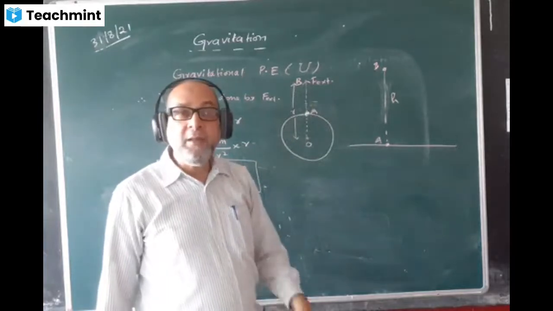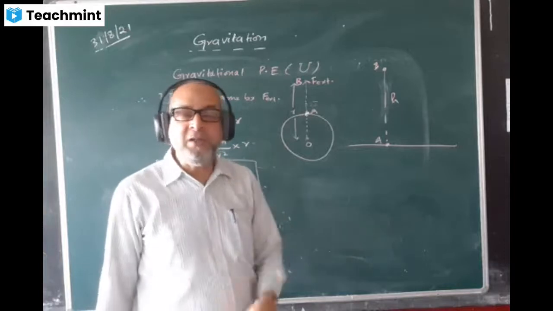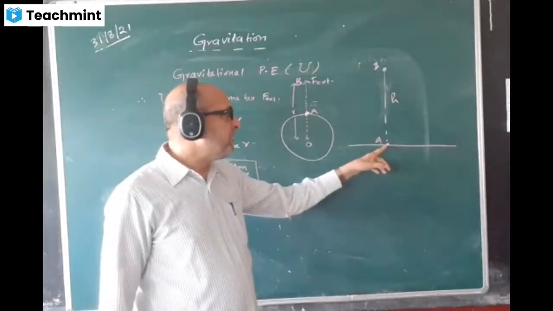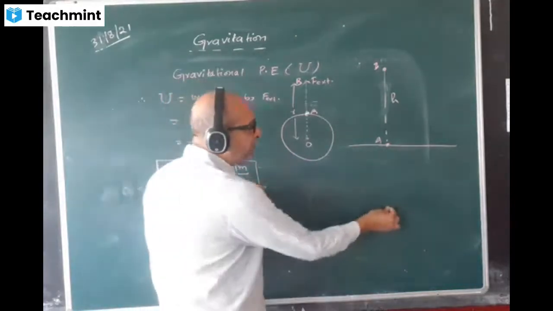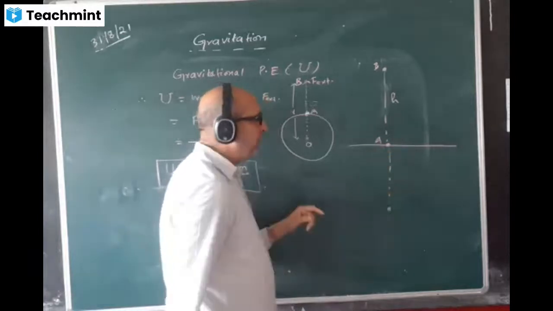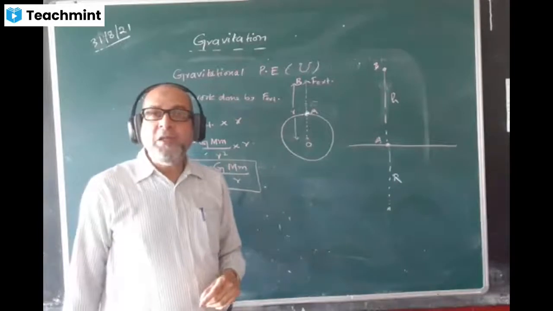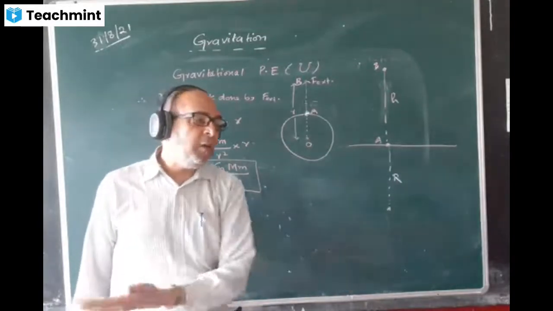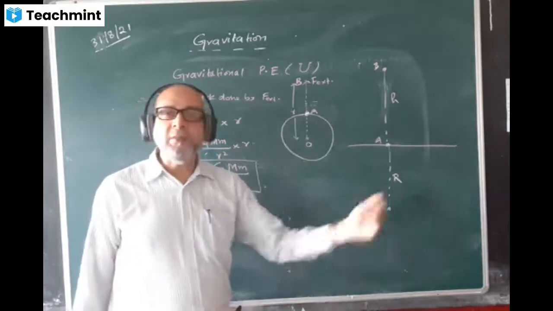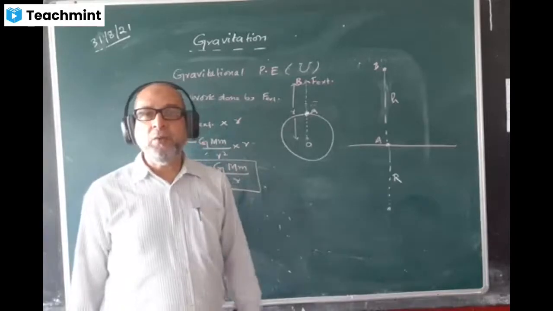But actually the energy is not 0. The energy of a body cannot be 0. When it has mass, it will have energy. So when a body is lying here on the surface of the Earth, with respect to the center of the Earth, it is at some distance, no? The distance may be equal to r, so it has potential energy. All the bodies are on the surface of the Earth only, so the initial value of energy is the same for all. That's why we used to consider that as the origin and take that value as 0.